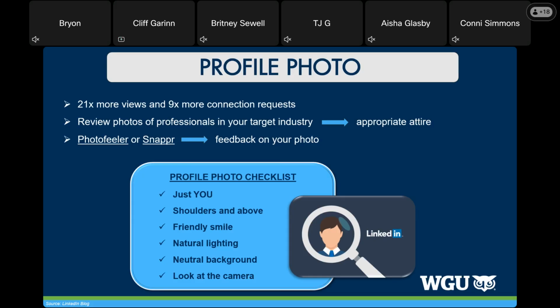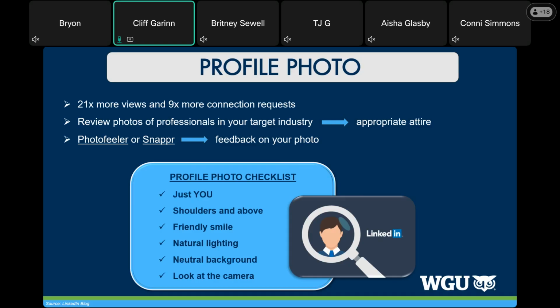I've talked to recruiters and I've talked to other, even faculty here at WGU, and if they look at student profiles with no photo, they consider it incomplete. They might bring it up to them, but when we're doing a LinkedIn review for students who ask for a LinkedIn review, if there's no photo, we have a review form we use and we highlight that. I strongly recommend you have a good profile photo.